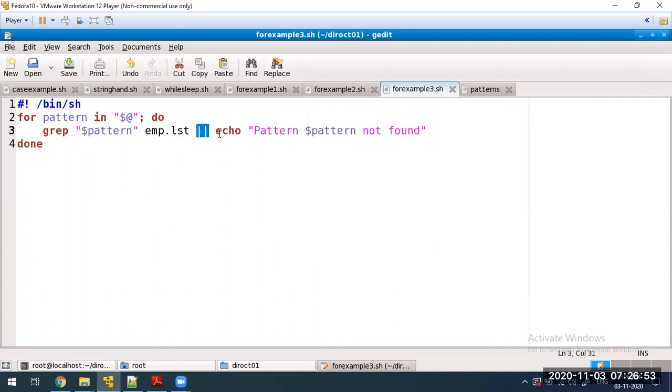That is why the or condition is there. That is why it went to this echo pattern and $pattern, which contains the name patrons. That pattern will be replaced with this variable and it gives the not found.